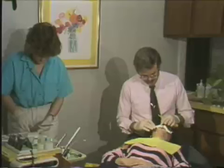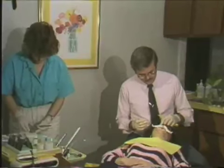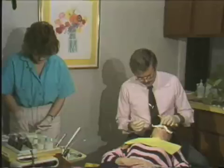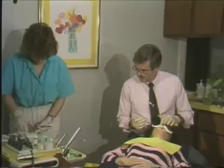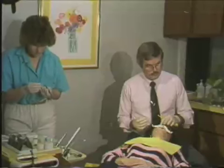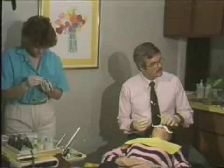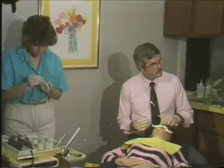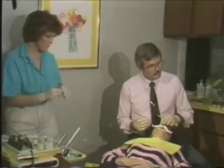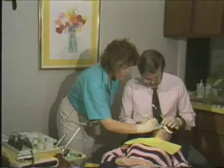Paul, what would happen if, let's say at this time, some saliva would contact the canine? Even though that canine has been sealed, if saliva contacts it, which contains protein, that would interfere with the bond strength. Therefore, I would suggest you go back and reprophy that tooth, re-etch it for 15 seconds, and then reseal it. Okay. Now we're placing the canine bracket,